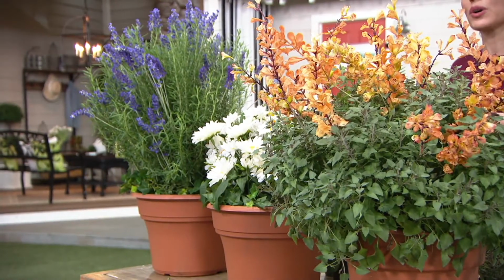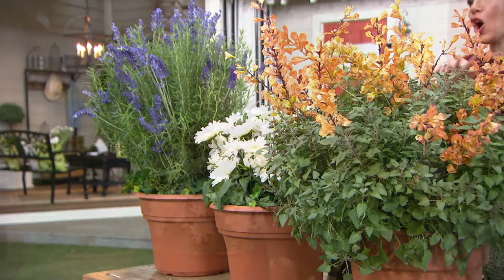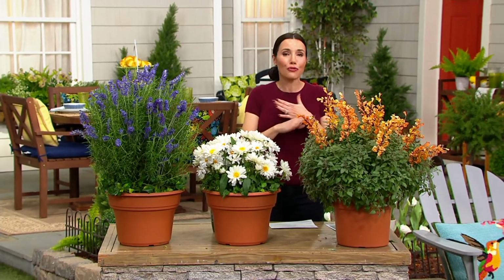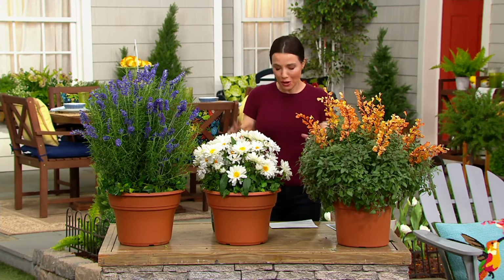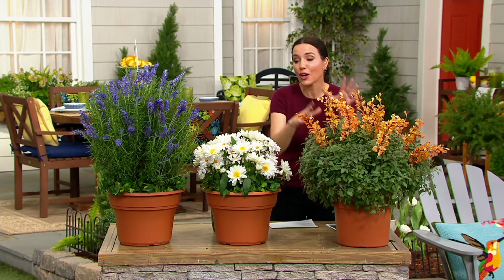Popular perennials. And perennials, of course, are the plants that bloom year after year after year. They're going to be all long bloomers, so you'll have great, beautiful cut flowers for months. They'll attract the pollinators, all your butterflies. But I want you to know, you get to pick which one you want, and then you'll get 3 of